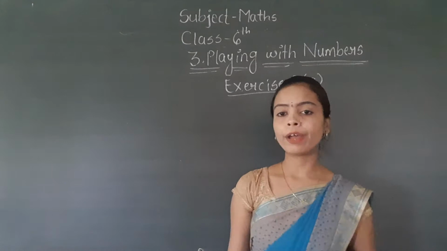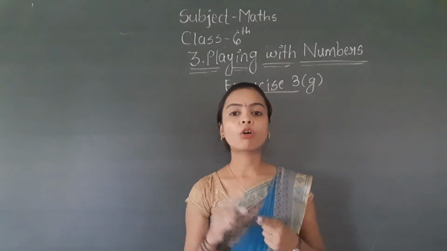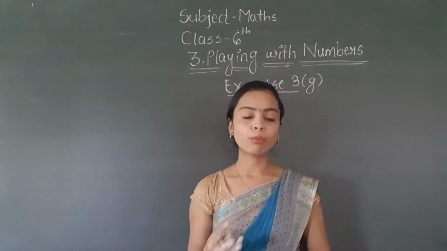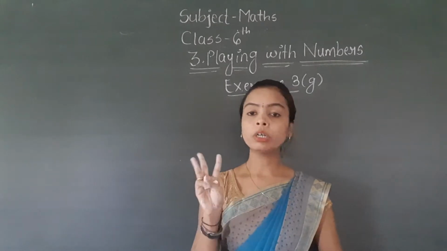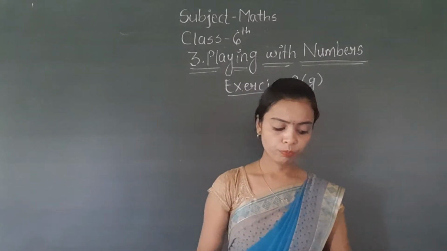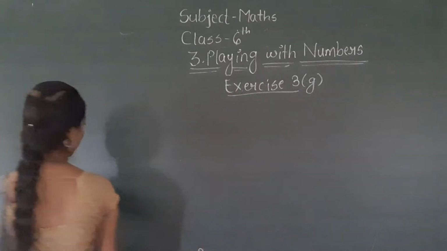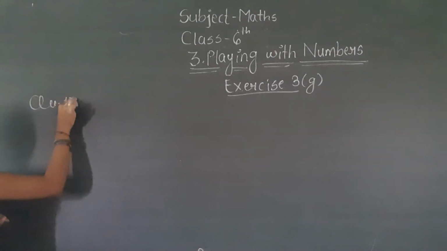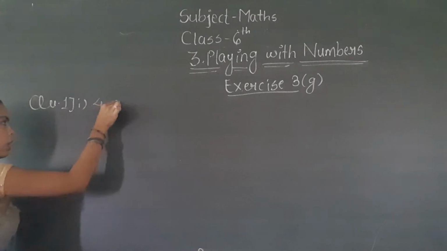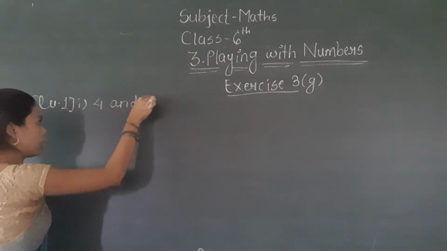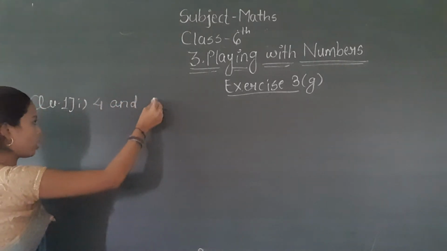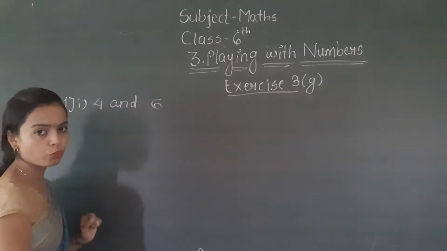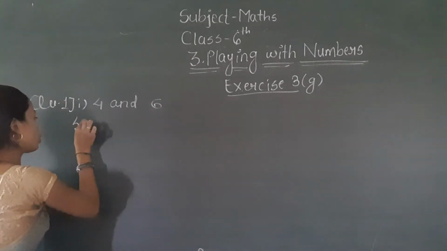That means you have to find common multiples, but how many common multiples do you have to find? 3. Okay, so I am solving question number 1 for you. So question number 1 here, 1 is 4 and 6. In our examples also I am taking the same example, 4 and 6. So the solution here,